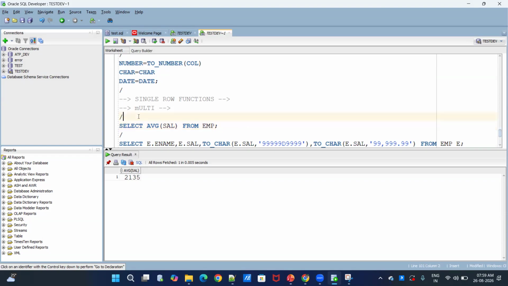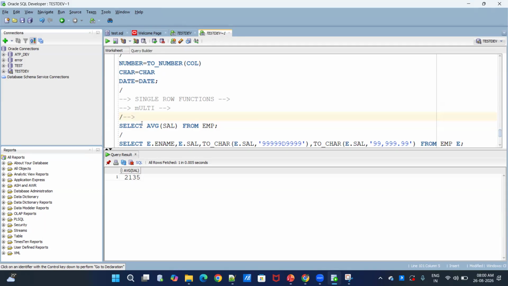Let's suppose in an interview, they ask: get me the highest salaried employees only, or get me the 40th department's highest salaried employee. So how to write those queries? In select statements only they will ask. These are very basic level questions, but I'm telling you